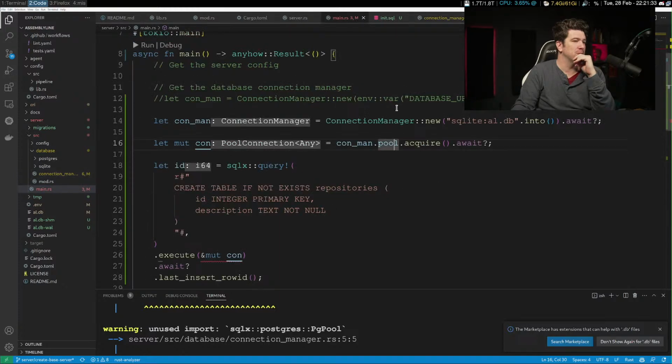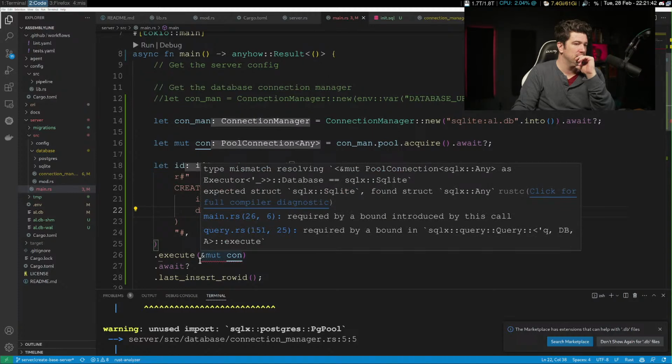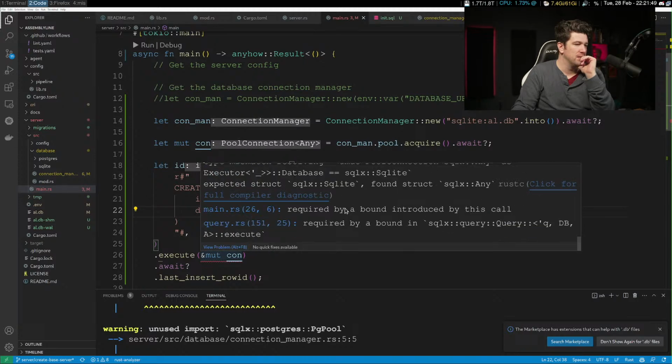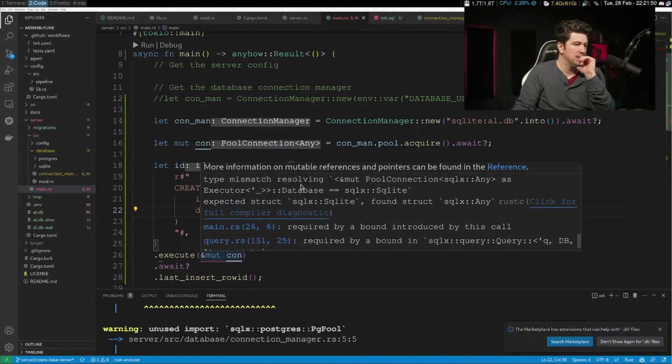I was hopeful this would work. I think this is a check that they're doing.